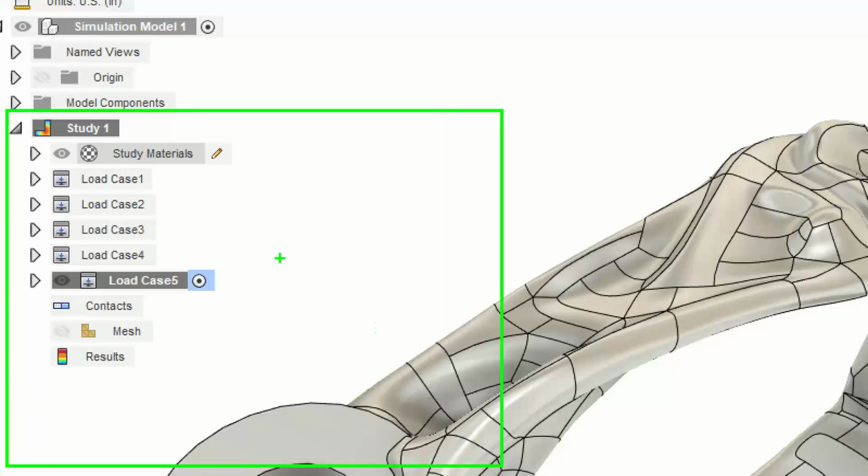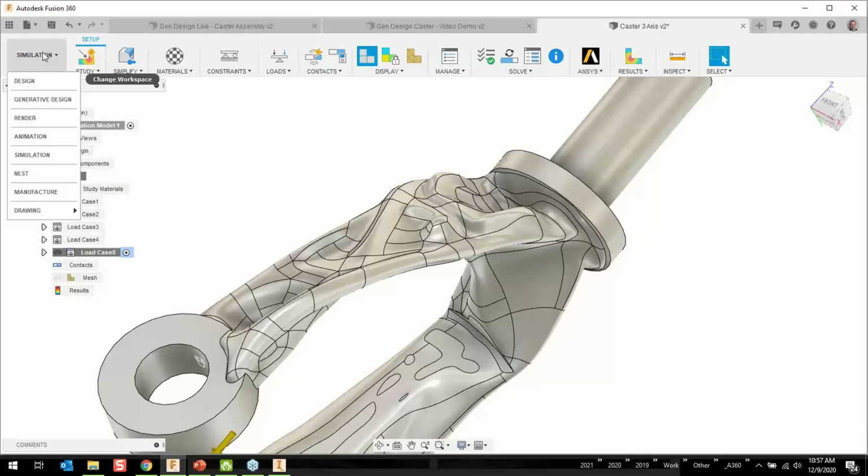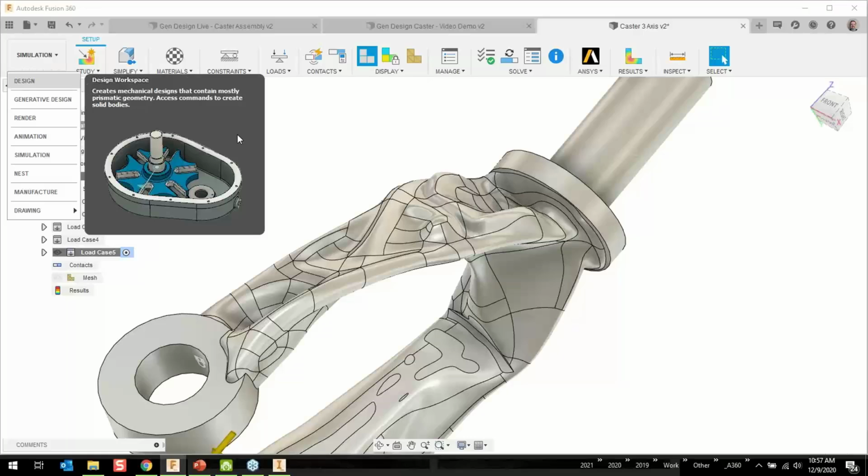So you can see there's my load cases. That's one of the benefits of going from here into this environment, is it would then have all those load cases. I could run the solution on this and see if it actually solved it. What I'm trying to say is see if my edits compromise the results at all,